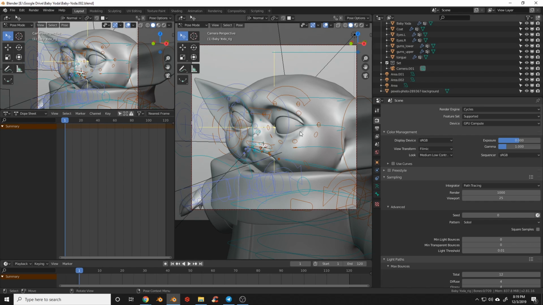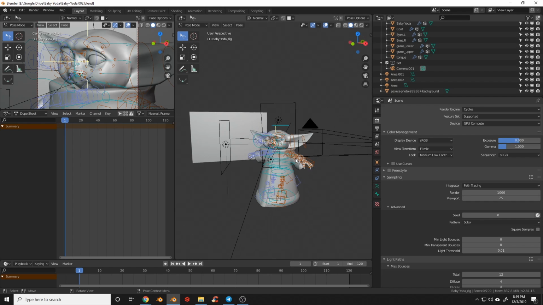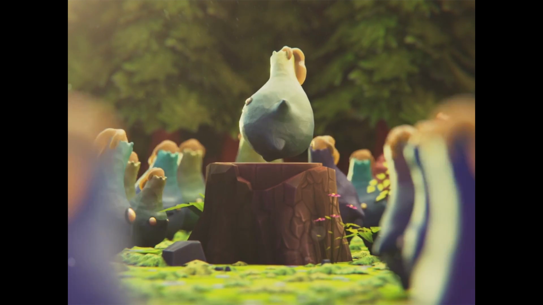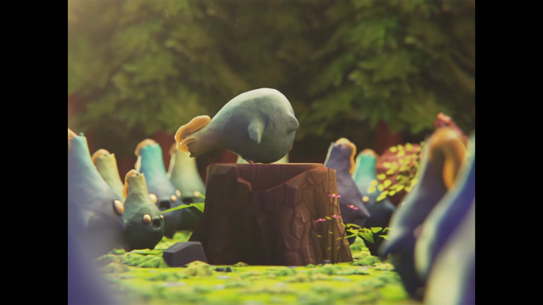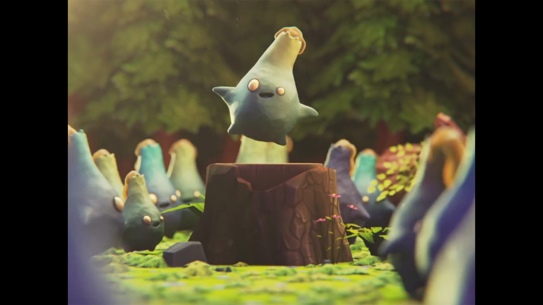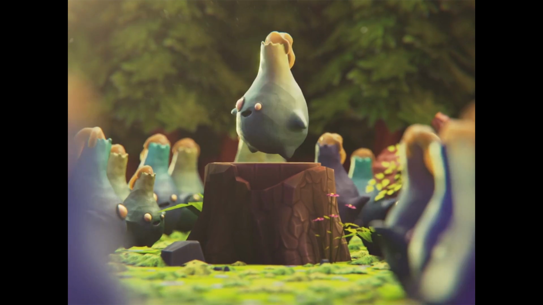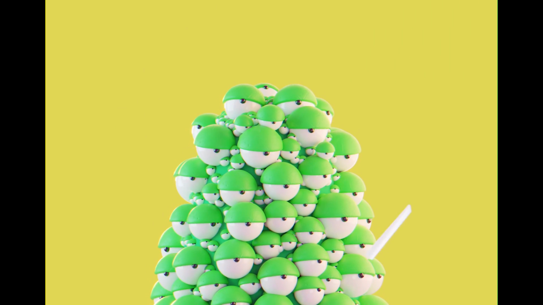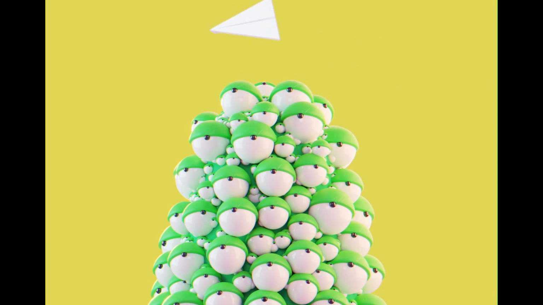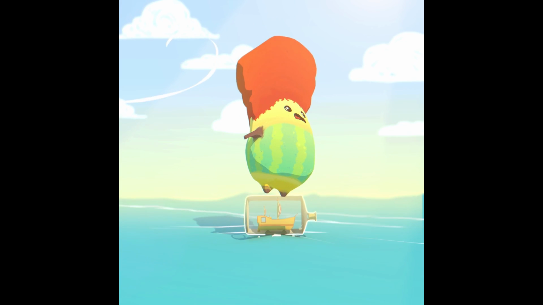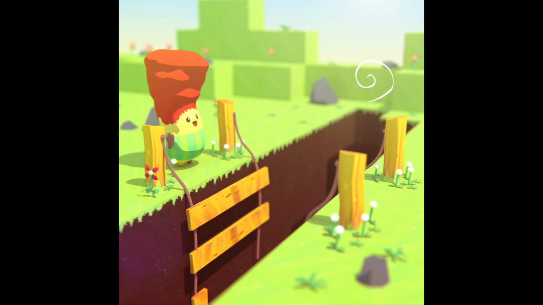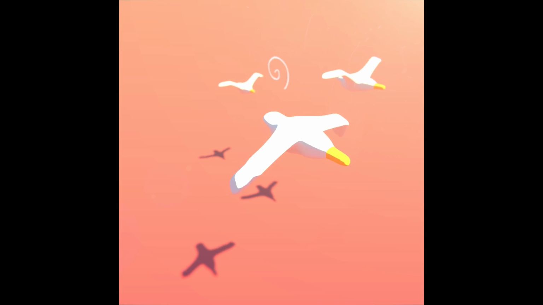Now, when I approach a character animation, I usually want to start with the keyframe poses. Keyframe poses are the most important poses in your animation for timing. So for example, the goober popping up in my dancing animation is a key pose. Now once we have our key poses, Blender will automatically interpolate the data between the poses, creating in-between keyframes. An in-between keyframe is just a frame between key poses. Now although Blender does a good job of filling in data, we will have to go in and add more in between the frames to get the timing and animation that we want. After that, we will use the graph editor to tweak the easing of our keyframes.